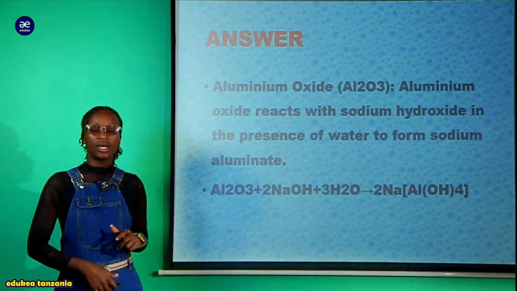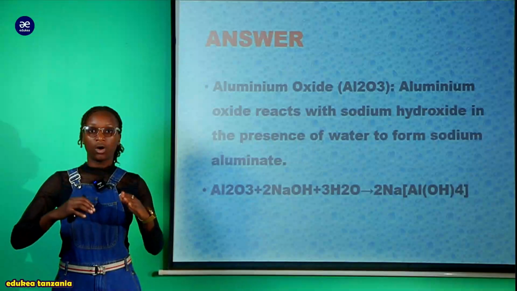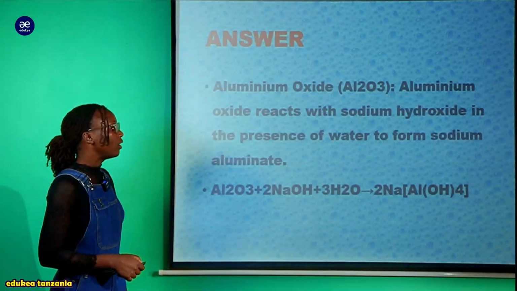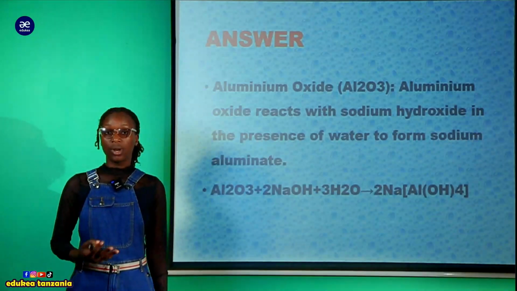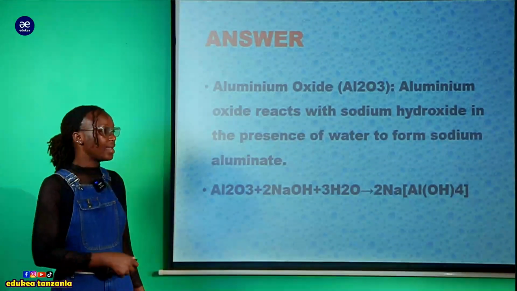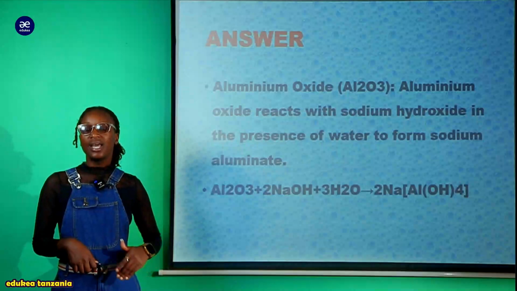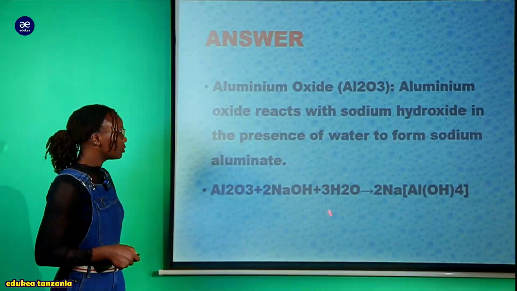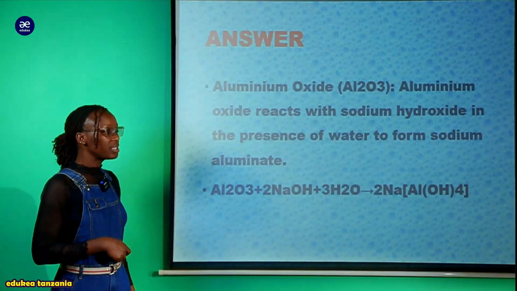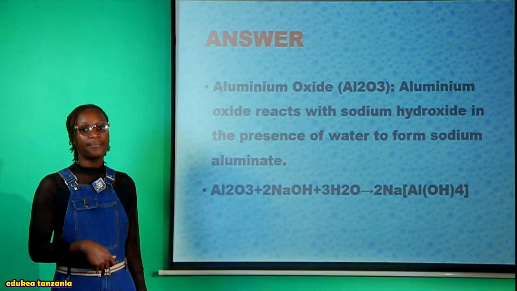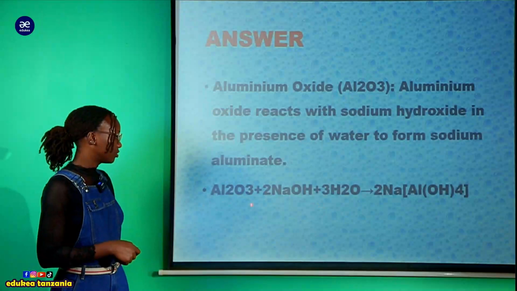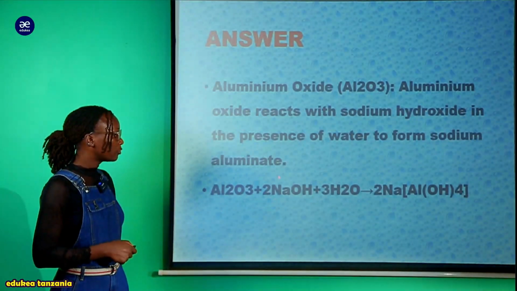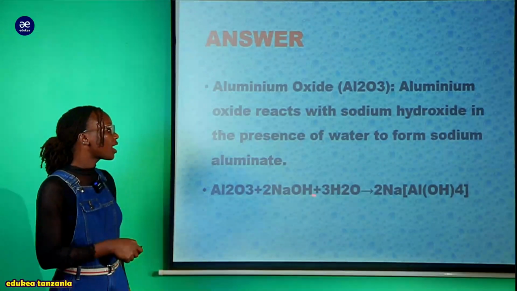Aluminate compound. Hizi compound utakuja kuzisoma wakati unaposoma complex reactions. Complex reaction utaelewa kwa nini tunasema aluminate, kuna protocols za kufanya naming ya hizi compound. So you will understand as you move in further levels. So the reaction to show this aluminum oxide with the sodium hydroxide solution is this one, kwamba 1 mole of aluminum oxide ina react with the 2 mole of sodium hydroxide under water